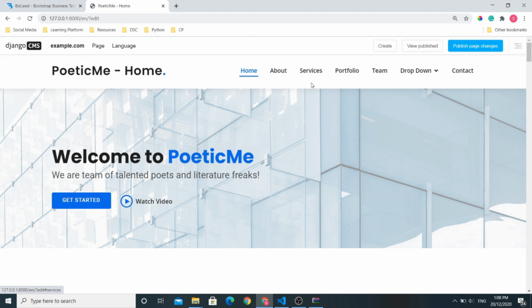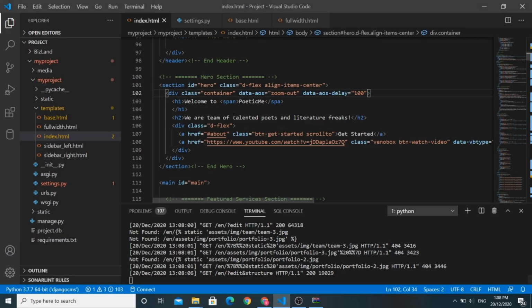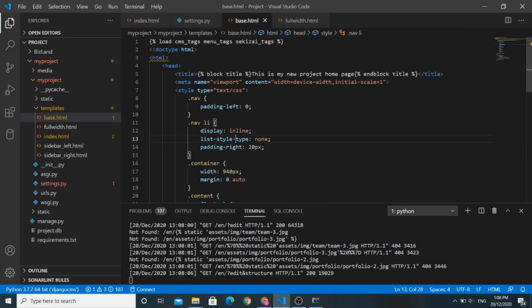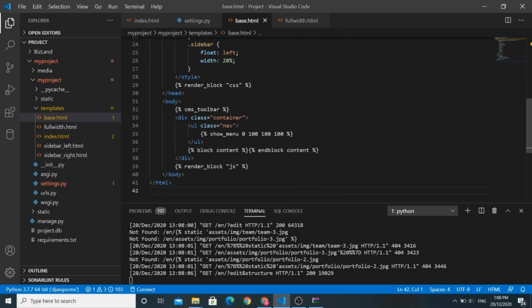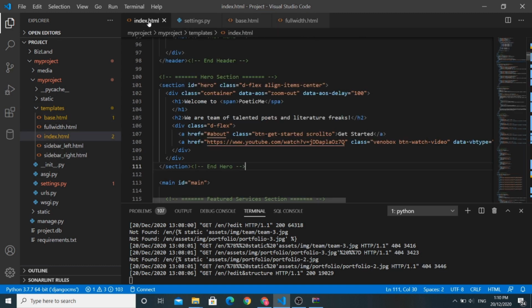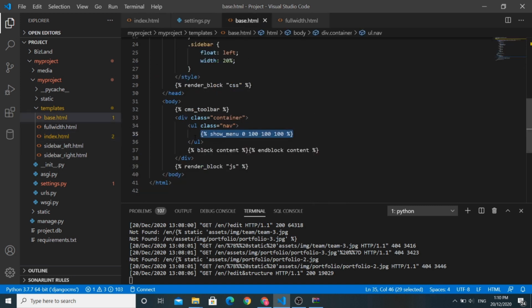Okay, great. So now we would like to change this navbar into the pages we have on our website. So let us do that. In base.html, you can find this menu tag. Okay, so this show menu tag is a default tag of Django CMS. So let us copy this show menu tag. And you can also see that this show menu tag is used under the UL tag.